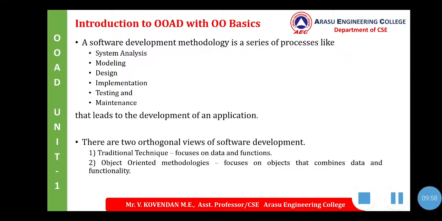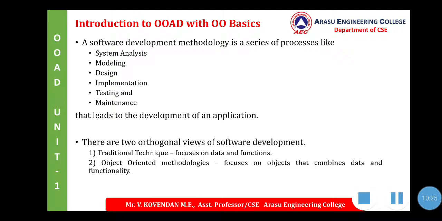So it facilitates sharing with other system components. Object oriented methodology asks the analyst to determine what the objects of the system are, what their responsibilities are, what their relationships to other objects are, and how they behave over time.